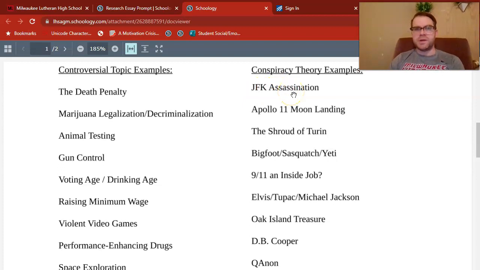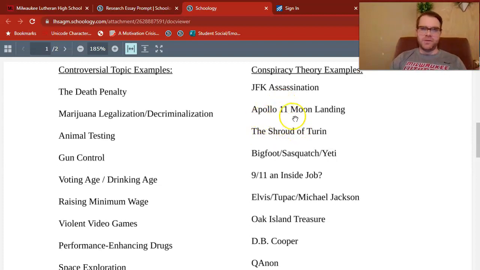Kennedy's assassination is probably the most well-known conspiracy theory in the United States, along with the moon landing. If you were to choose either of those, you would use your body paragraphs to explore different sides of that conspiracy theory. One side, obviously, is that all these conspiracy theories are just theories and they're untrue. On the flip side, you would investigate some of the research, some of the evidence that exists to suggest there might be something deeper there.